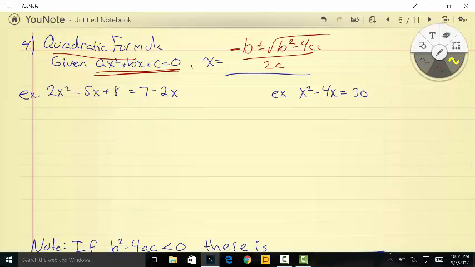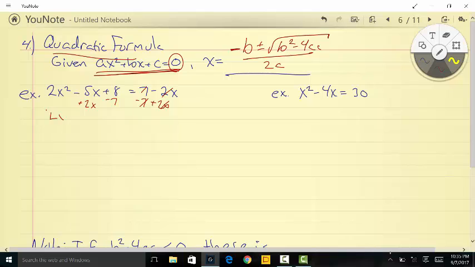So, this formula is dependent upon the equation being set equal to 0. We went over the proof of this formula in class. I'm not going to do that in this video, but we're just going to go over the applications of it. So first off, to get it set equal to 0, we're going to subtract the 7 over, and we're going to add the 2x,